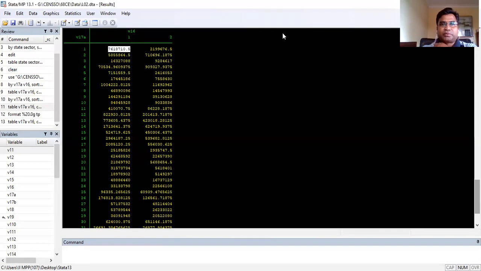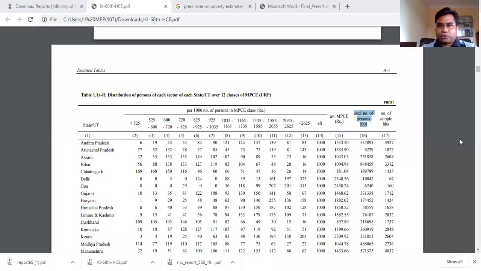So let's check from the table first. If we go to Jammu Kashmir, this is my Jammu Kashmir, and see, 76 lakhs 18,000, that's 710 or something, that's what we got, right? And the number of samples was 2032.